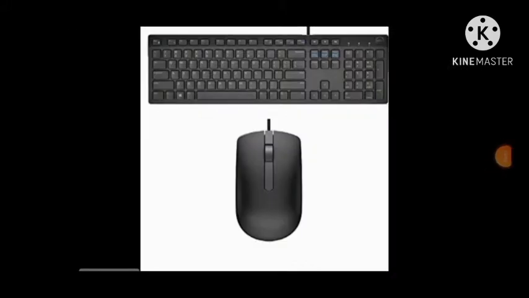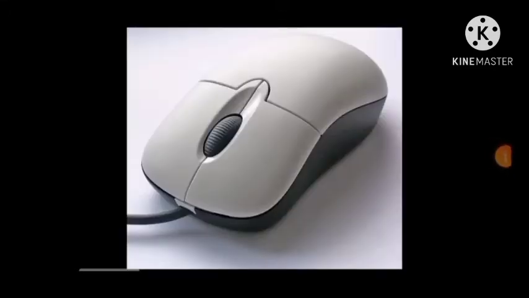In a keyboard we have some special keys also. They are spacebar key, caps lock key, backspace key, shift key, enter key, symbol keys and tab key, function keys and navigation keys. Mouse is an important part of the computer. It has two buttons and a scroll ball in the middle. What are the two buttons? Right button and left button.